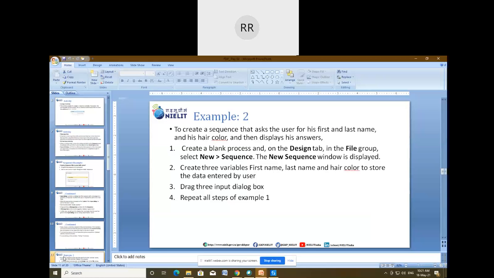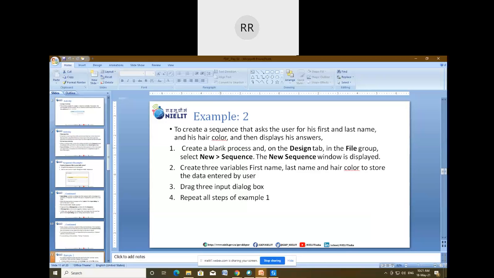In the previous example, I created only one input dialog box, because I had to take only one input from the user. But in this example, I have to ask for three different inputs from the user: his first name, last name, and hair color. So we have to connect three input dialog boxes.